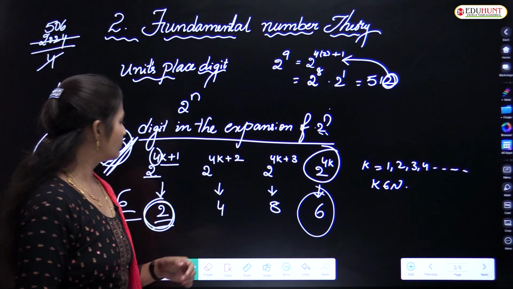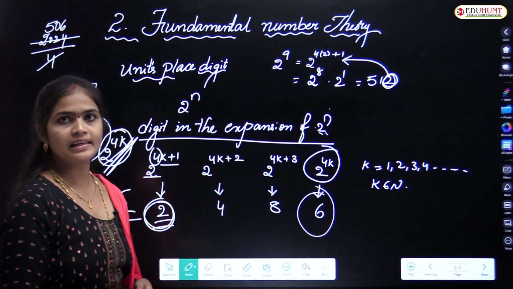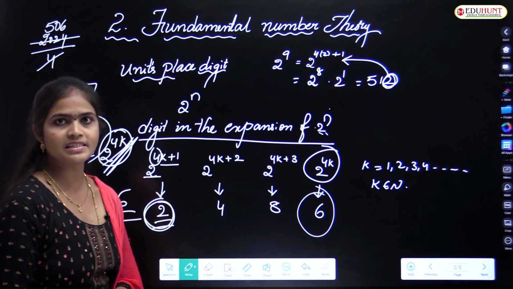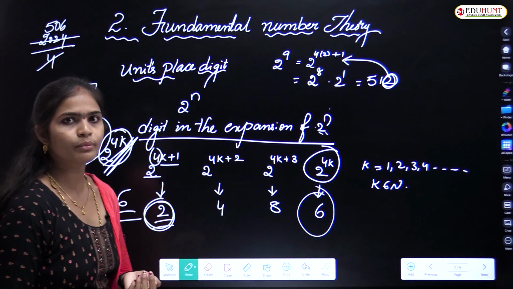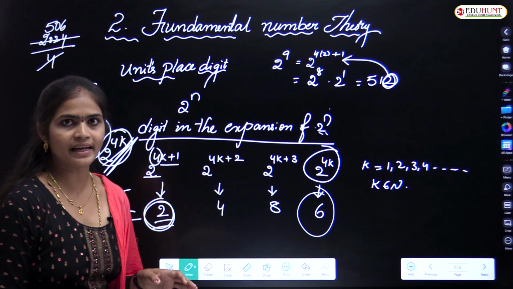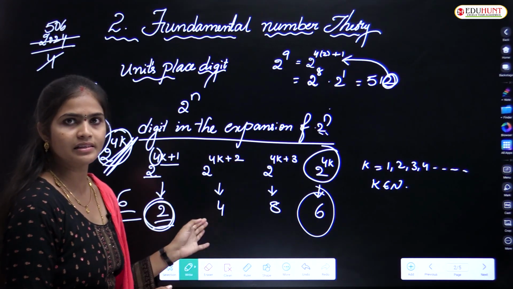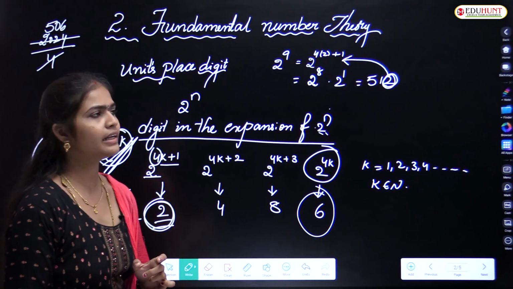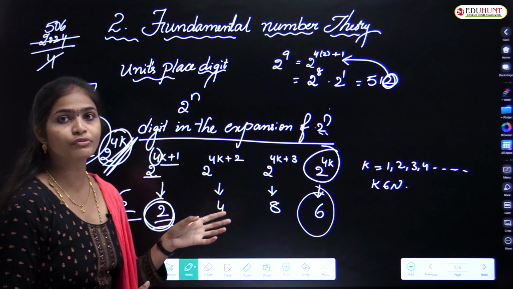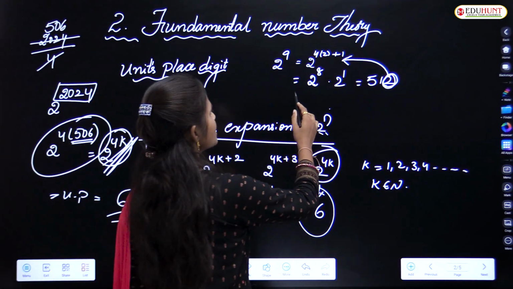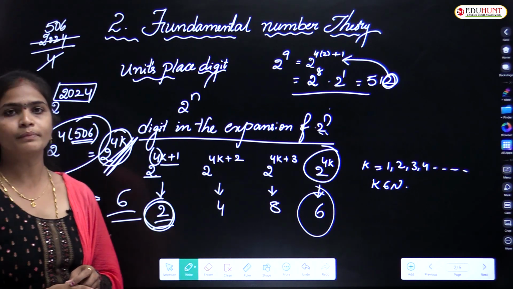Okay, if you remember this chart in your brain, then easily you can write any units place digit. But don't memorize it by heart. If you maybe forgot that process, at that time this is useful. Mostly try to learn how you will get this. By using this method only we are getting all these values. So follow that method.